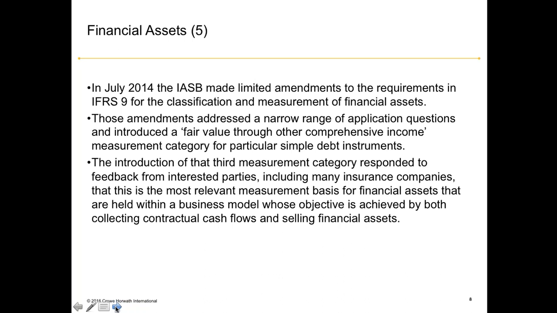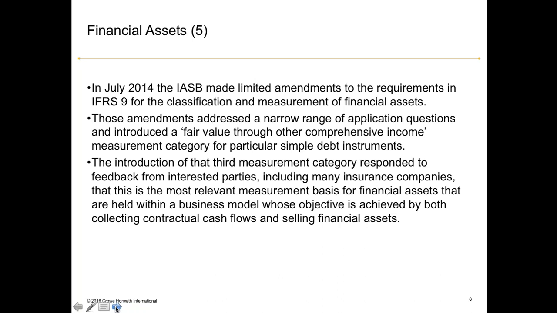The IASB has made limited amendments to the requirements in IFRS 9 for the classification and measurement of financial assets. These amendments were made to address a narrow range of application questions and introduced a measurement category, fair value through other comprehensive income for particular simple debt instruments. This measurement category was introduced in response to feedback, including from insurance companies, as this was the most relevant measurement basis for financial assets that are held within a business model whose objective is achieved by both collecting contractual cash flows